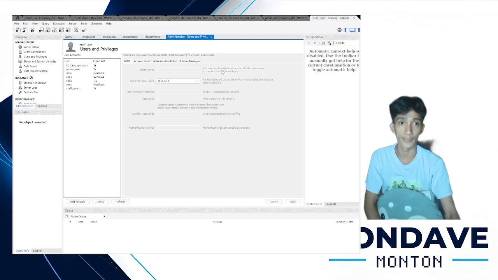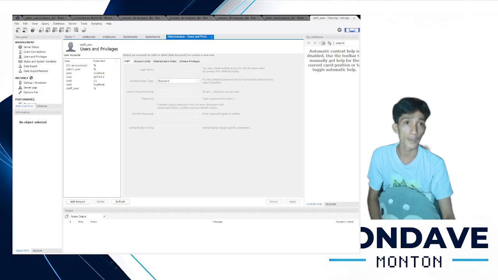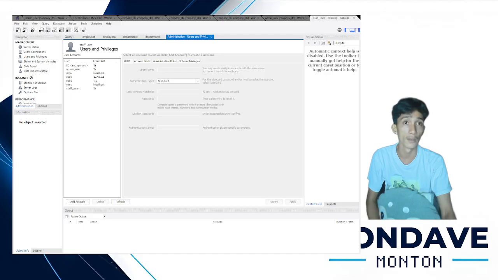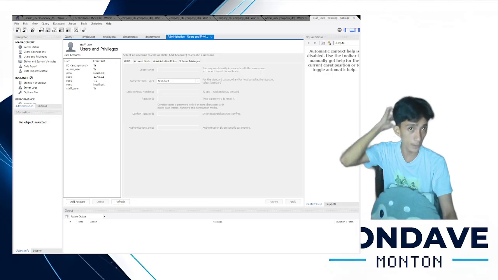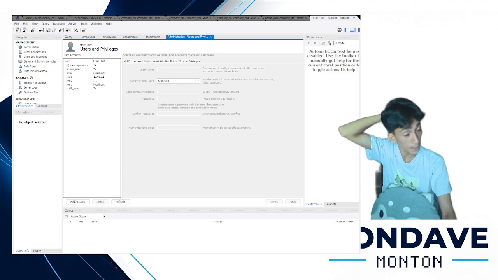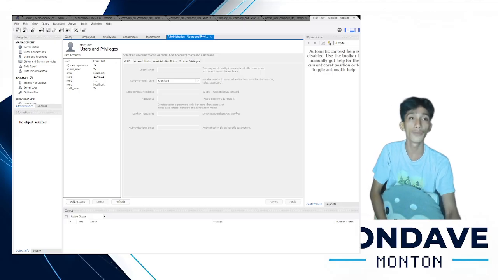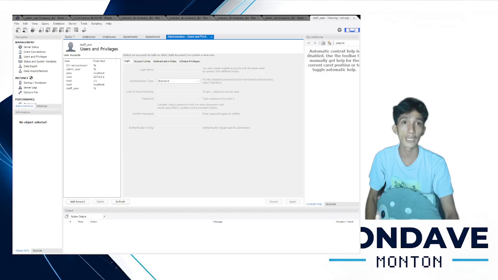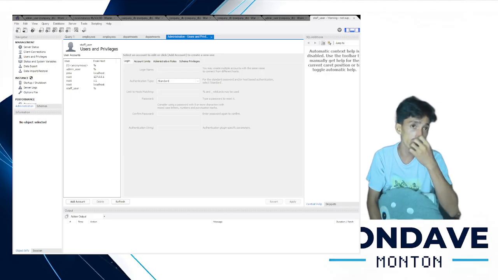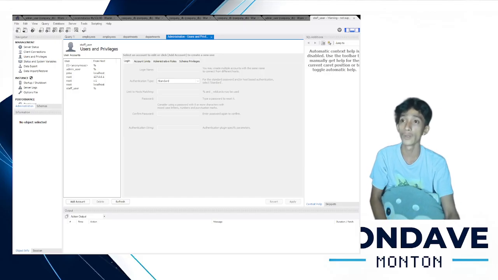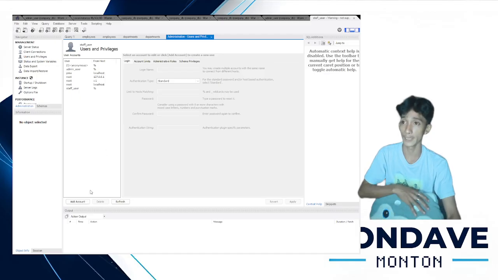In the staff, we will grant a limited privilege. This user can only view and update records, but is not allowed to delete any data, to prevent accidental loss. So same process of adding an account.